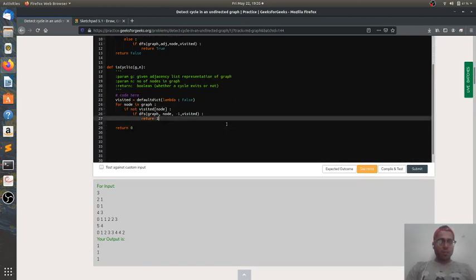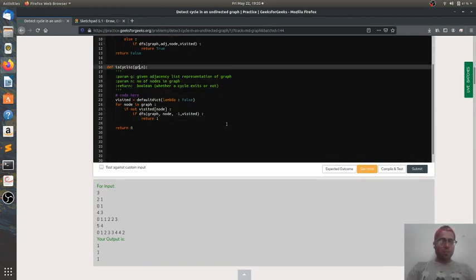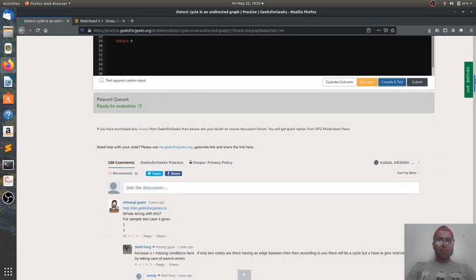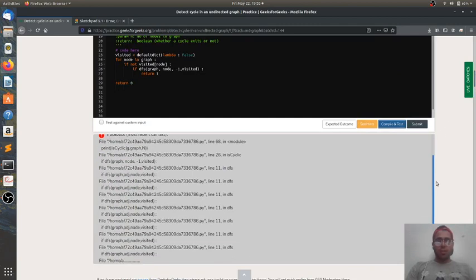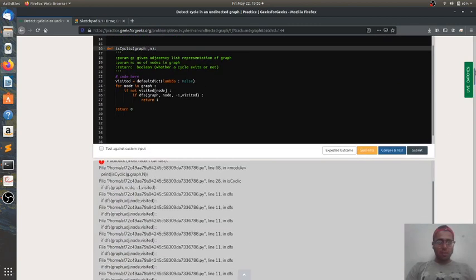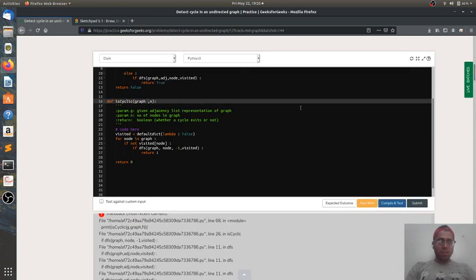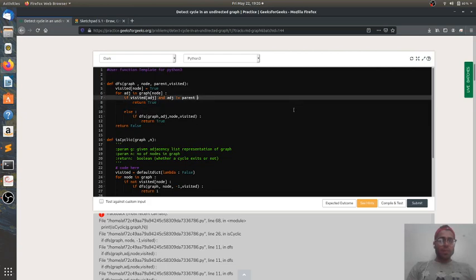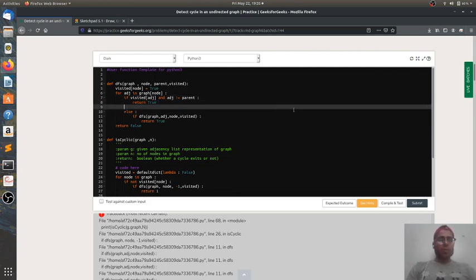So let's check whether we've done it all correct. I guess one thing here is wrong: we've been given G, I used graph, so let's change that over to graph. Okay, there's been one error, we'll check this out. For adjacent in graph of node, if it's been visited and it is not equal to parent, return true.